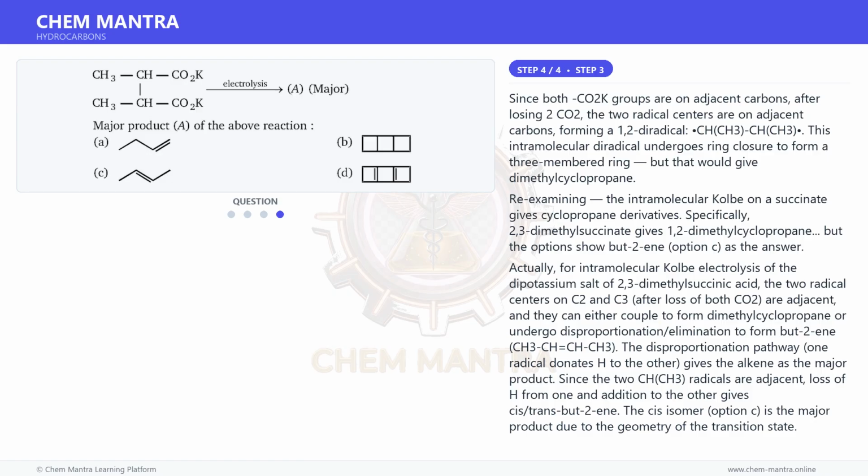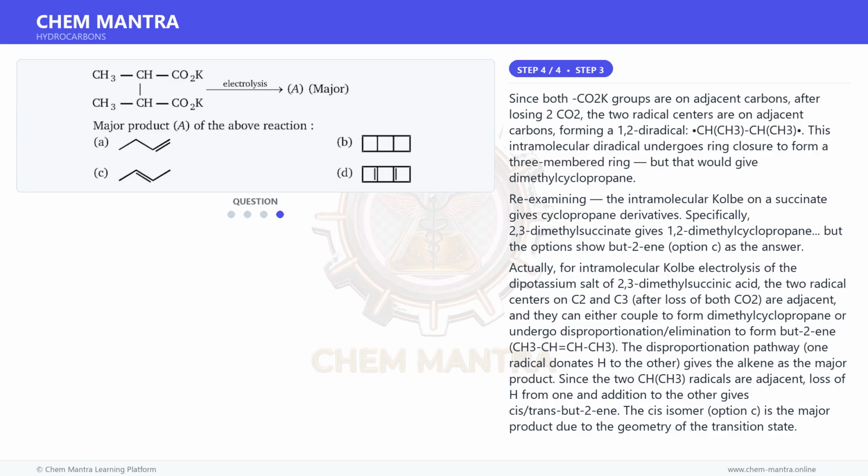Specifically, 2,3-dimethylsuccinate gives 1,2-dimethylcyclopropane. But the options show 2-butene, option C, as the answer. Actually, for intramolecular Kolbe electrolysis of the dipotassium salt of 2,3-dimethylsuccinic acid, the two radical centers on C2 and C3, after loss of both CO2, are adjacent, and they can either couple to form dimethylcyclopropane or undergo disproportionation elimination to